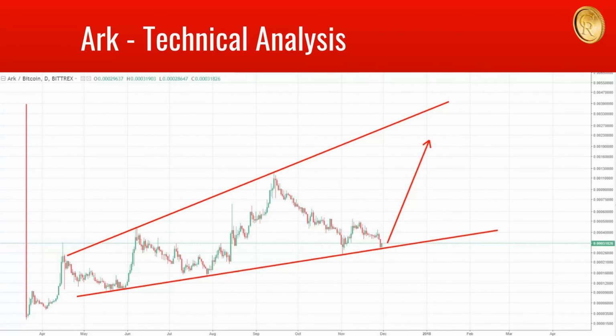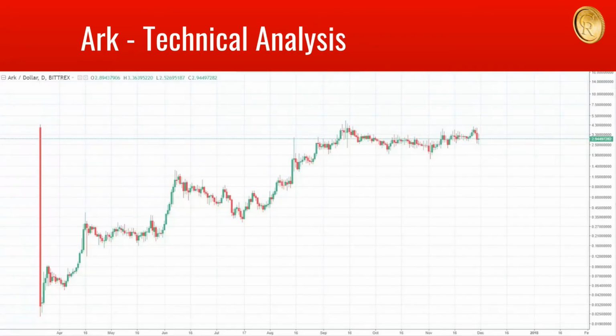As you can also see, Ark has gone down, but Bitcoin has made higher highs without Ark making lower lows against it. And this is an Ark dollar chart, and as you can see, it's a lot less ominous because Ark's showing a good bullish trend and just really holding its own right now at this $3 mark. But if you look at that, that is excellent accumulation, and it's a strong, healthy chart. And usually you get a move, you flag sideways, consolidate, get accumulation. Ark is in a very good position to have another big move up.